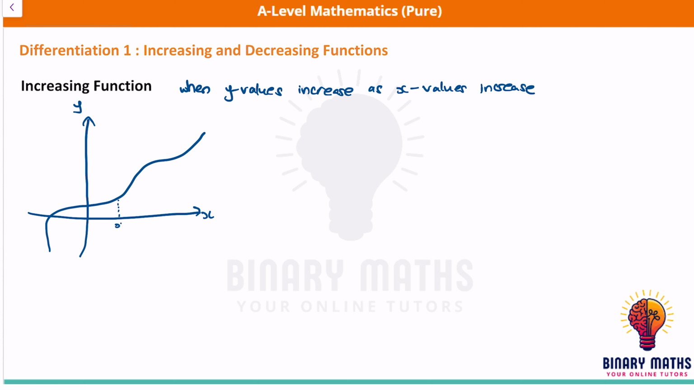Let's say this point is x1 and this point is x2. This is y is equal to f of x. Then this would be f of x1 and this is f of x2. You can generally see that y is equal to f of x is going up as you go along the graph. So we say y is equal to f of x is increasing